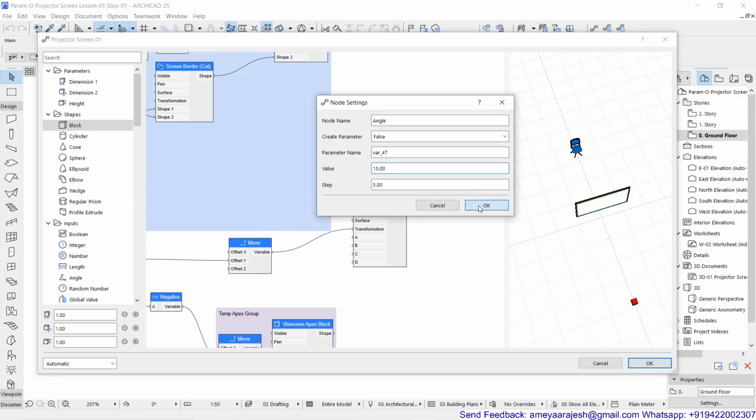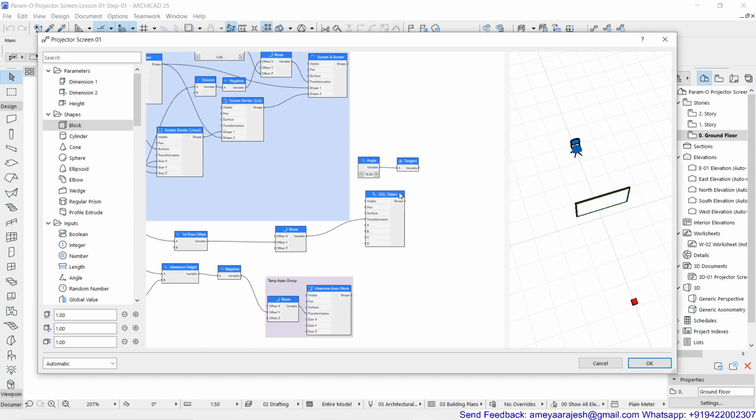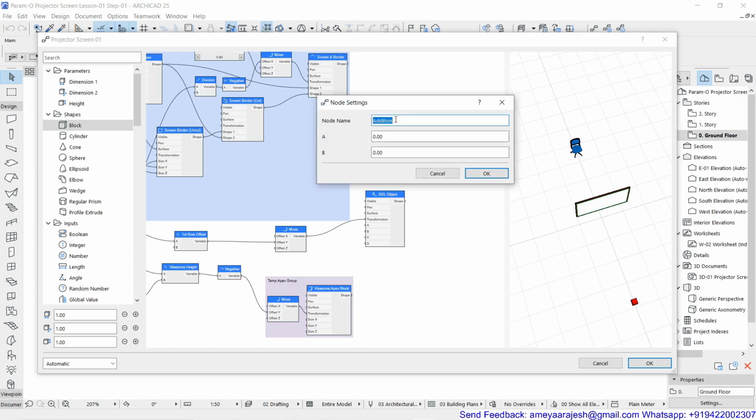Okay, and the A and C should be added. That is, this first value is nothing but the height of your view cone, and the offset of this particular first row. So you will use the add option, where you will be adding these two values,